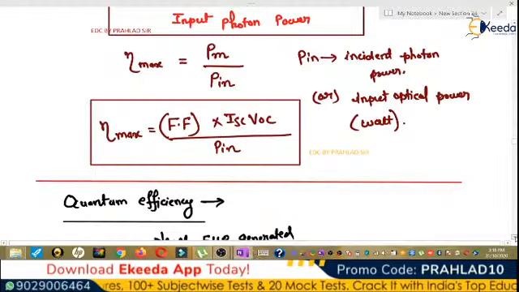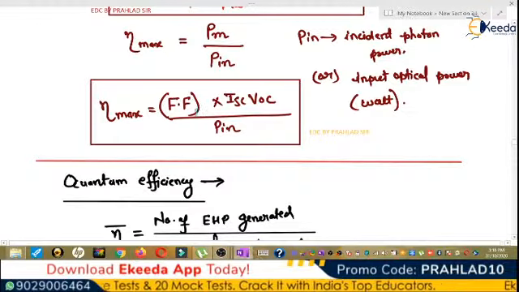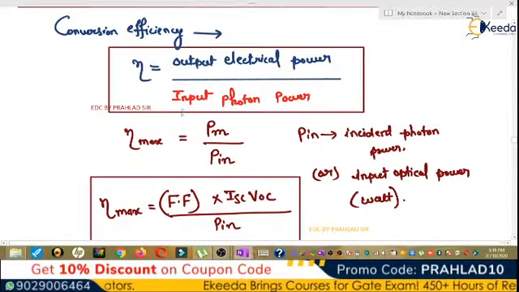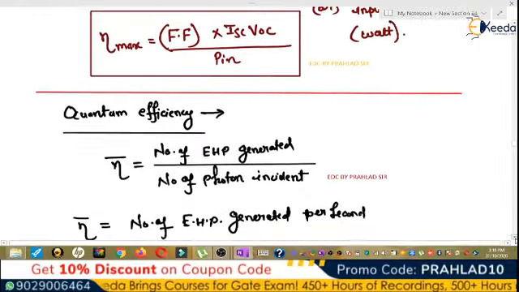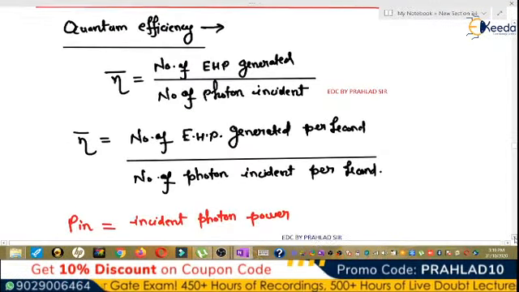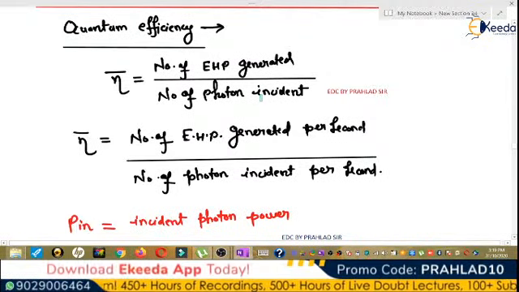So eta max, PM can be written as fill factor into ISC into VOC by Pin. So this can be the formula of eta max. Eta max is defined as output electrical power by input photon power. This is conversion efficiency. Another efficiency is quantum efficiency, which is number of electron hole pair generated divided by number